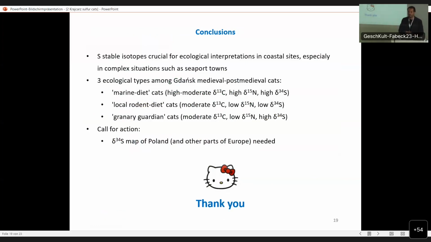We have time for one quick question. Yes, please. Just out of curiosity, do you have any chance to get mice or fish bones from the same context as the cats come from? Yeah, it's not so easy, and not with rodents, not with mice. They were not collected during archaeological studies, but we have some